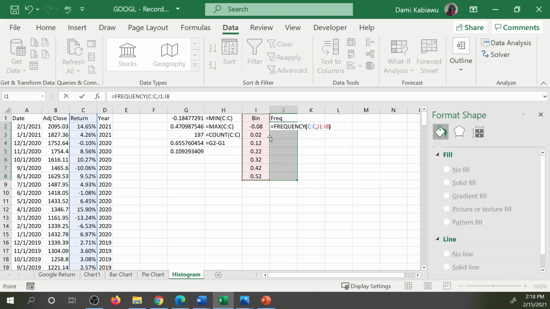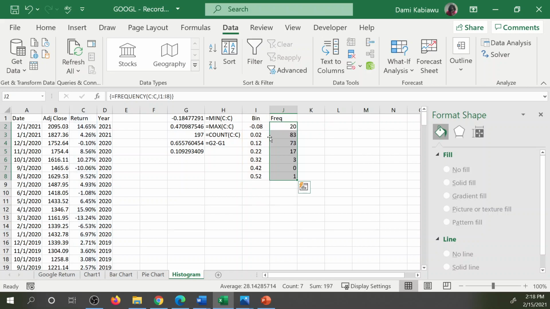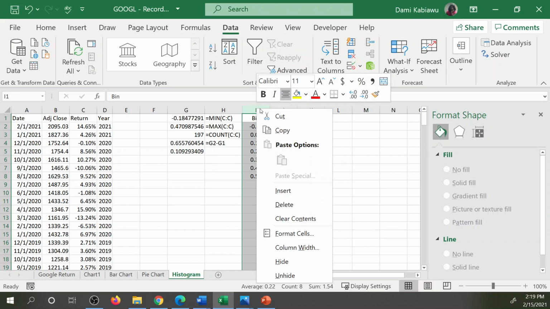I close it. Because I'm using an array formula in Excel, I hold down Shift, Control, and Enter. And there are 20 observations that fall below minus 0.08. I have 83 observations between minus 0.08 and 0.02. I have 73 between 0.02 and 0.12, and so on and so forth. So now that I've got this done,